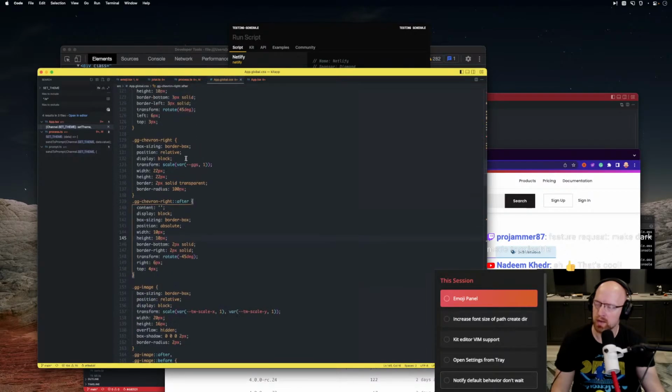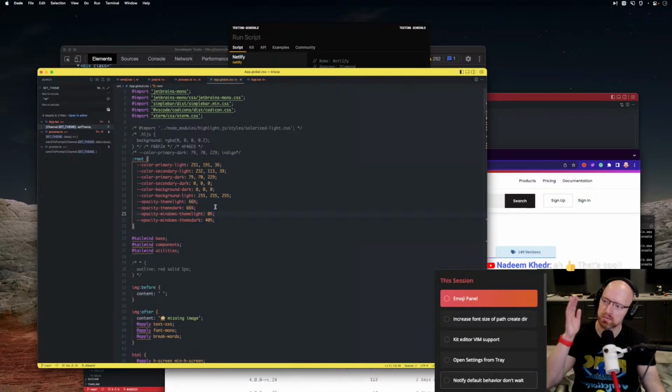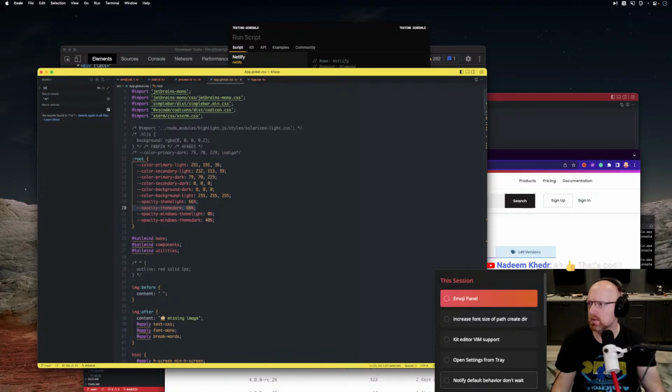So it can override any CSS variable I set here. So if you send an object with opacity windows or opacity theme dark and set that to 0% using the set theme channel, then this would update this. As far as set dark, I don't know if